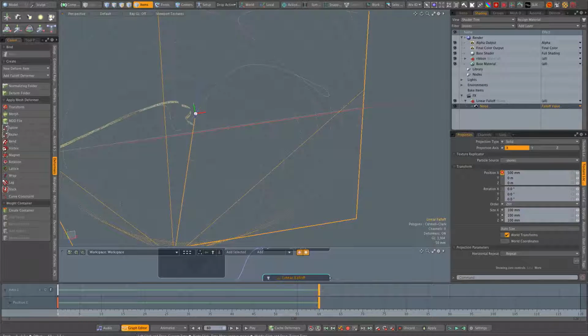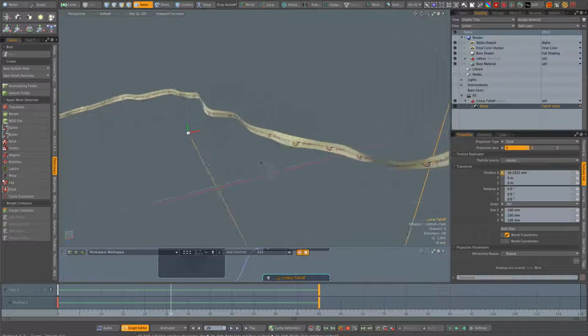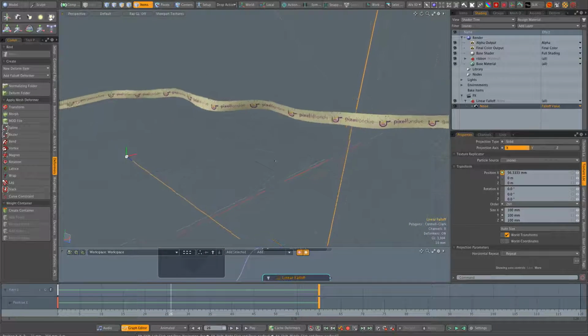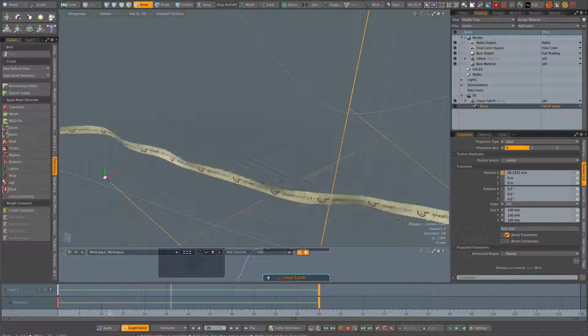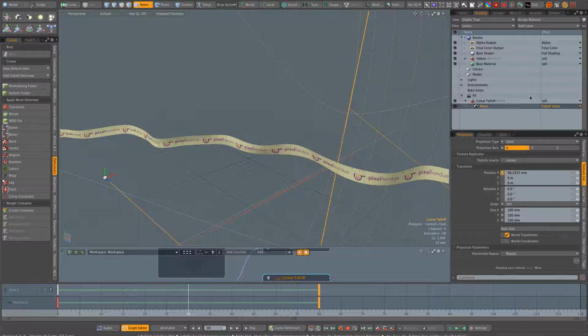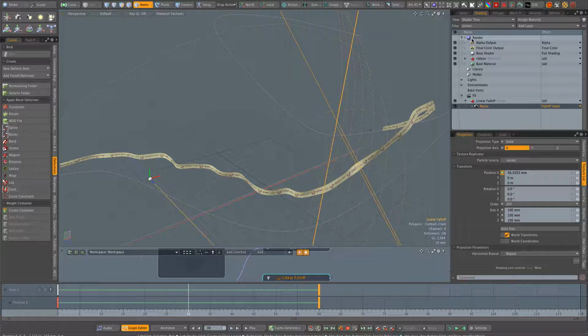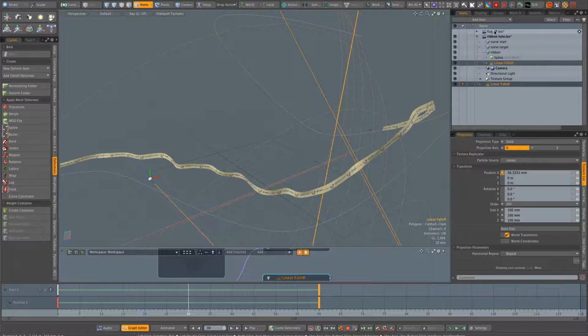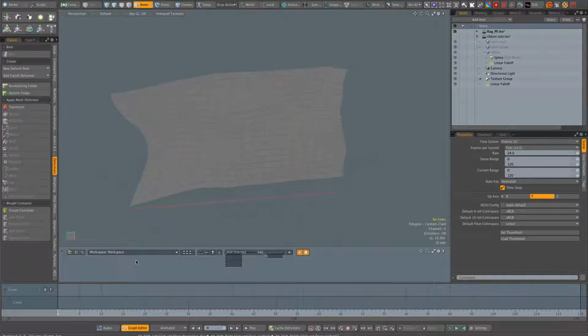All right, so now I have my fluttering ribbon. And this is a great way to animate organically without resorting to dynamics. You can experiment with different textures, different fall-offs. Like for instance, I have here a very simple setup with a flag. You can imagine animating cloth, water. All right, have fun. Bye.